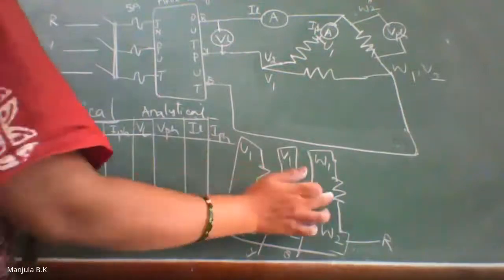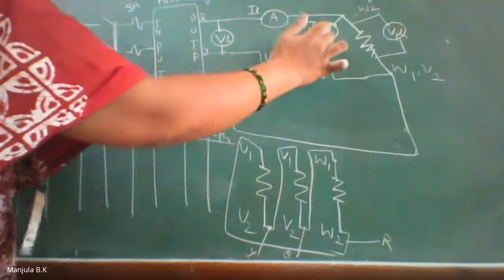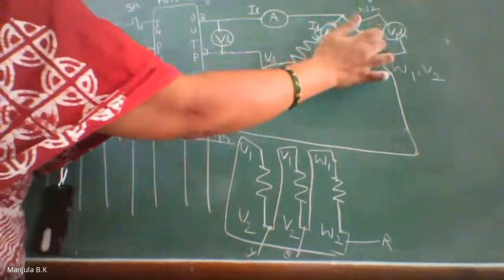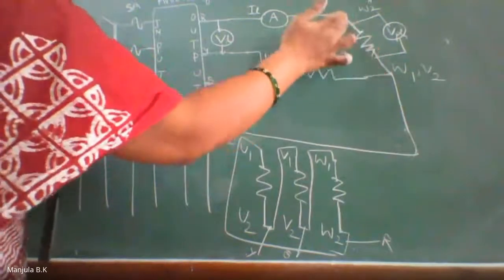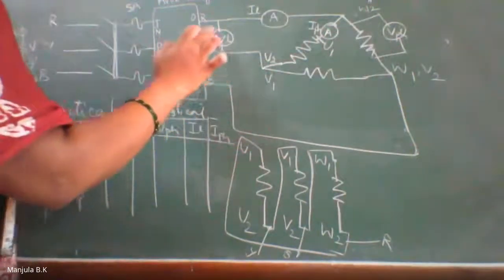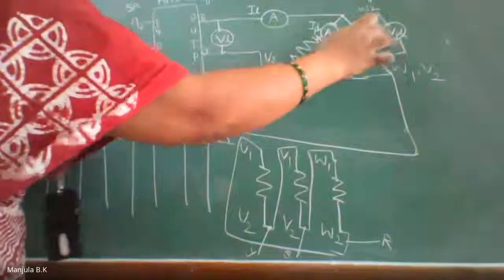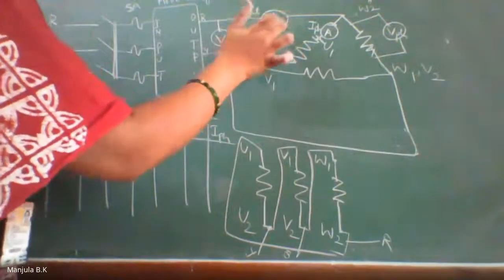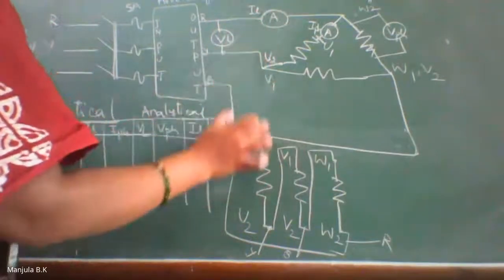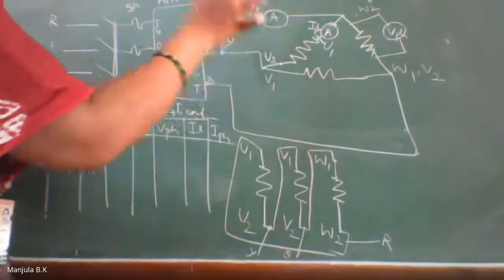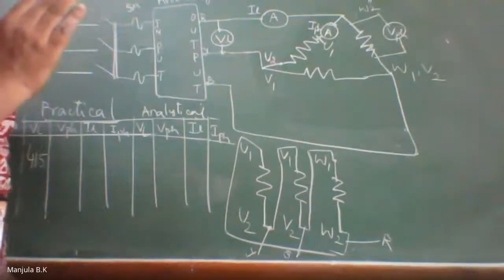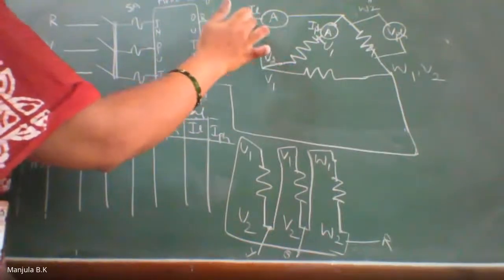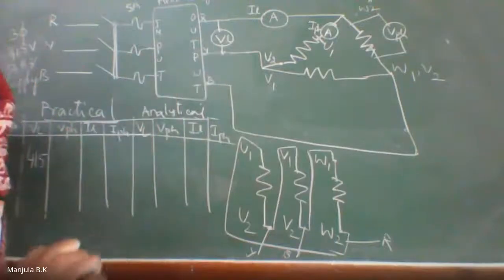First, we should make this connection, and the ammeter should be placed in any of the phases to measure the phase current. And voltage is always across, so we are connecting across one of the coils. VL is connected between two lines, and VPH is connected across any one of the phases. IL is in one of the lines. This ammeter can be connected in any of the lines, because in a three-phase balanced circuit, the line current measurement can be done using any of the lines. So this is about the circuit.